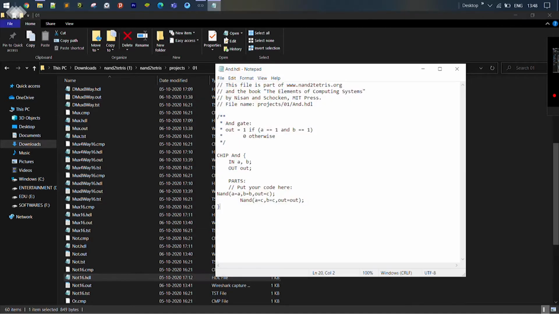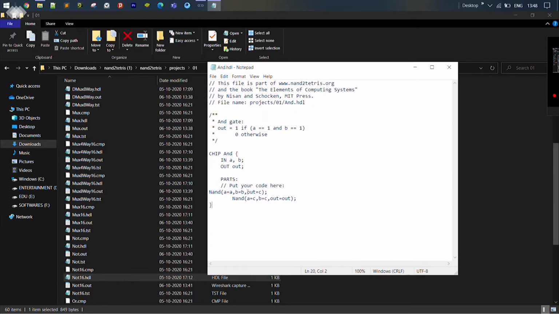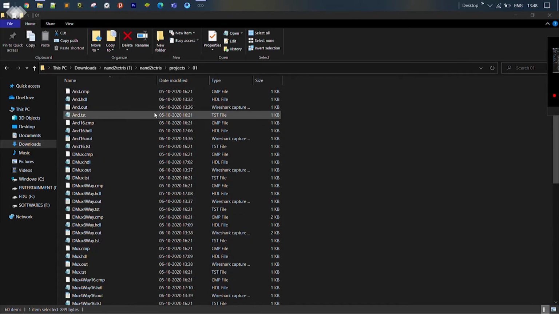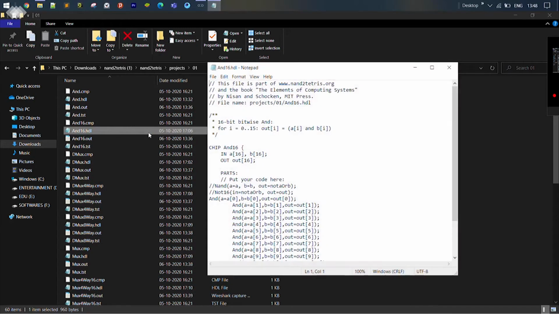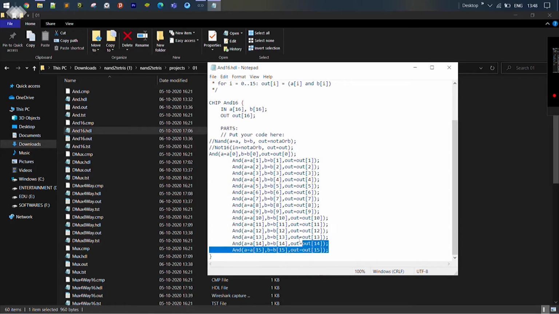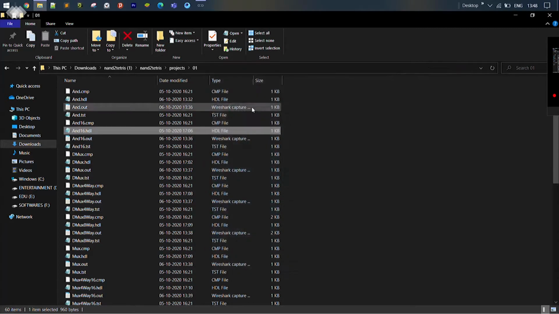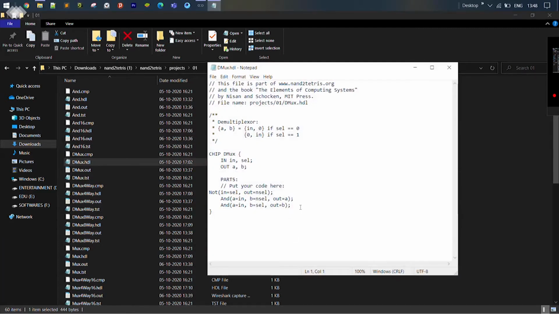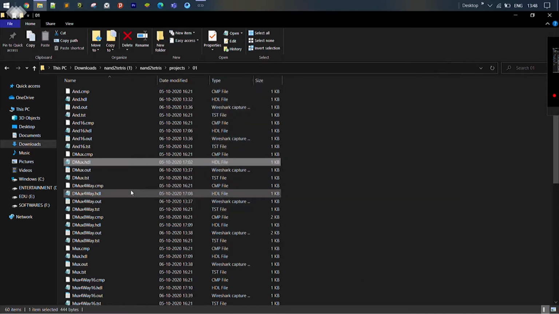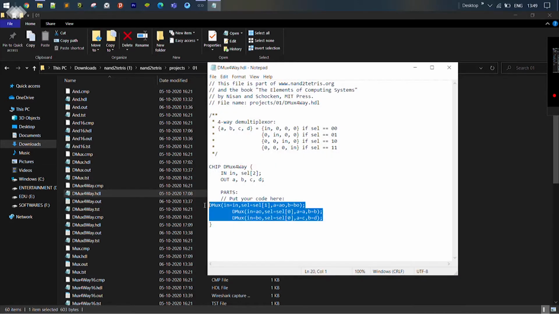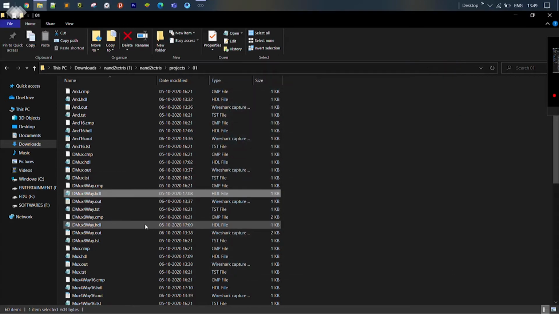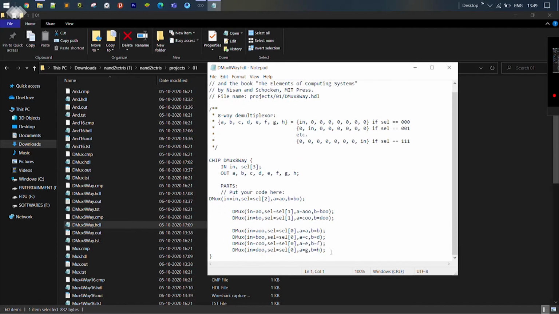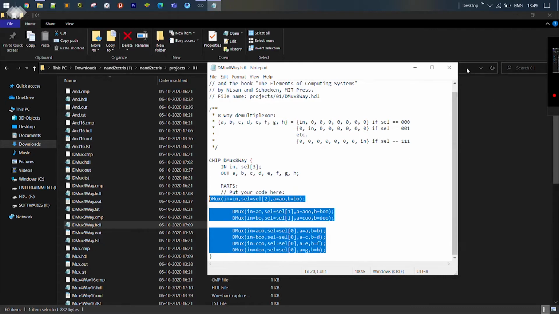So I'm just going to show you what should be present in each. So this is in And, and you can see this is in And16. These are the codes. And Mux, sorry, Dmux, these are the three lines, and Dmux4Way HDL, these are the main ones, and Dmux8Way HDL, these.